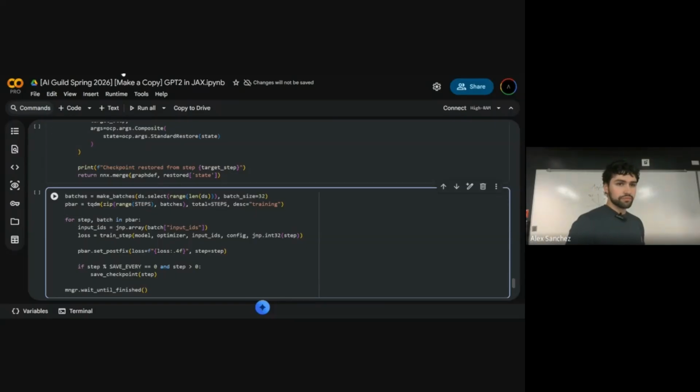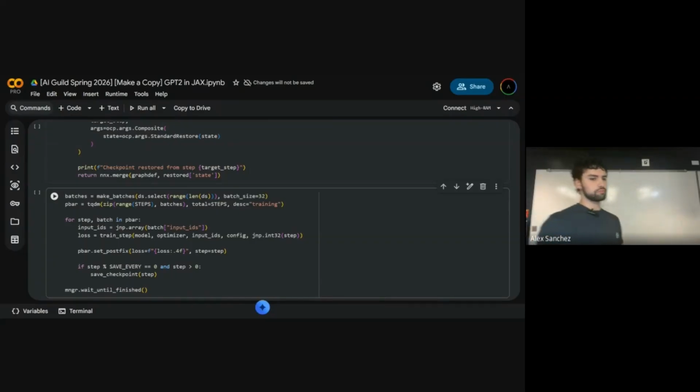Next workshop. Oh, and I forgot to mention here, if you guys want to add this to your resume, this would be how I would describe the bullet points. So yeah, and I will make sure to send the final notebook.